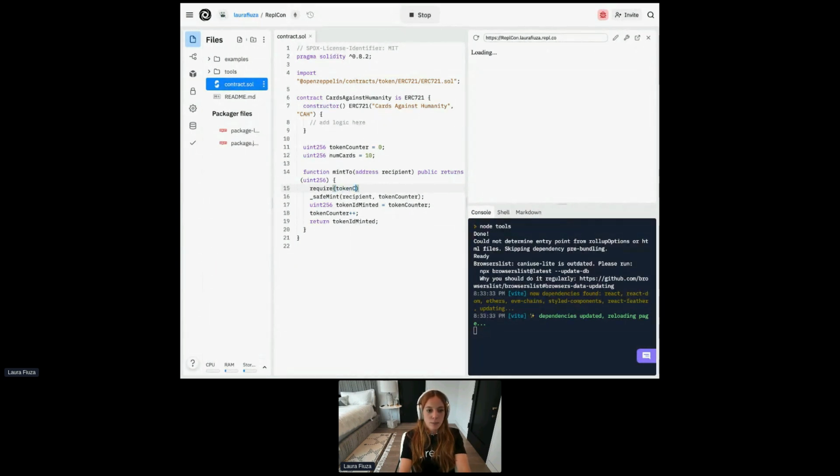And the bool we'll be passing in is whether token cards is less than number of cards. This just takes care of the fact that we don't want the token counter to exceed the number of cards. And the second parameter we'll have is just a string. I'll say all tokens have been claimed. This is the entire,